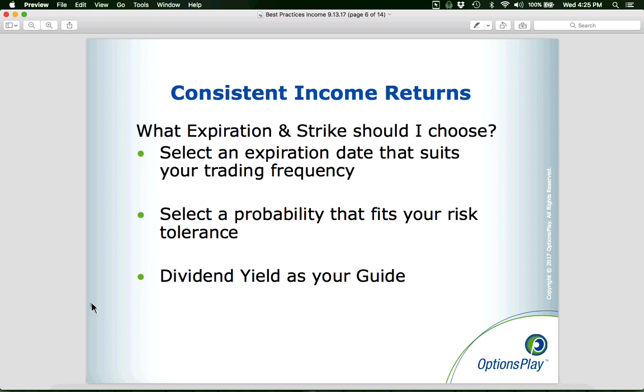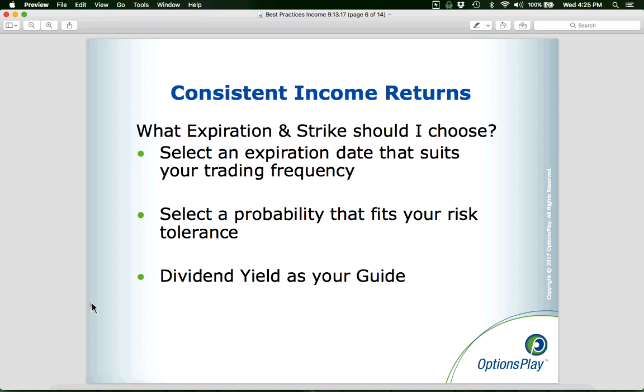So how do we generate consistent income in your portfolio? It's really quite simple. We talked about the two different things that you need to choose, which is expiration and strike price. So we talked about selecting an expiration date that suits your trading frequency. That's number one. Selecting a probability that fits your risk tolerance, which is selecting the strike prices based on your risk profile. And lastly, once you follow those two steps, the only last thing you need to account for